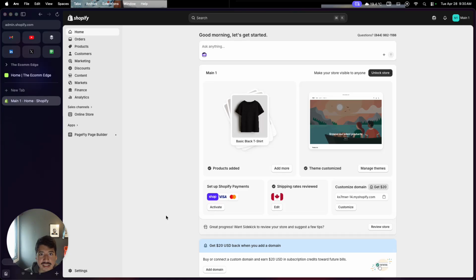How to adjust the width of a column in Shopify PageFly. So in this video, we're going to be going through how to adjust the width inside of the PageFly Shopify app. So let's start. One of the first things you want to do, of course, is make sure you